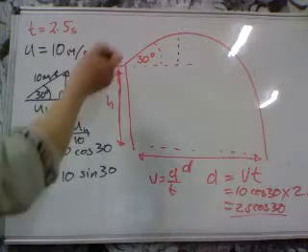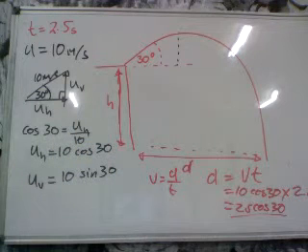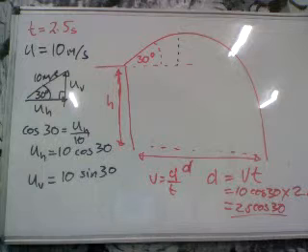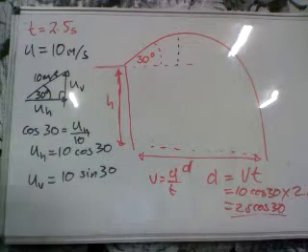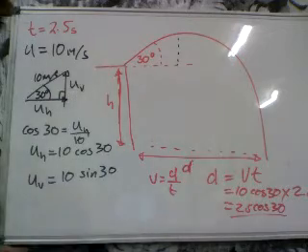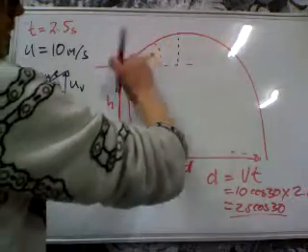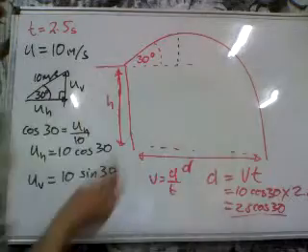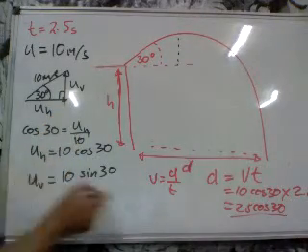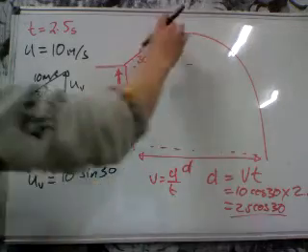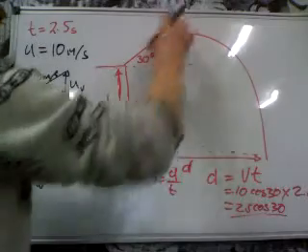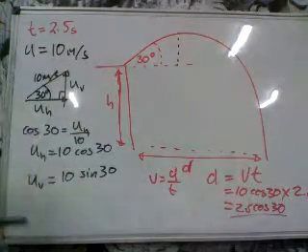Now, what about finding this height that we've fallen here? A slightly different approach is needed. We know that the vertical velocity isn't constant. There are a few different things we could do. We could divide this flight up into a vertical component, saying that the initial vertical velocity is this, and at the top we know that the vertical velocity is 0, and then we could work out how long it takes to go that distance using